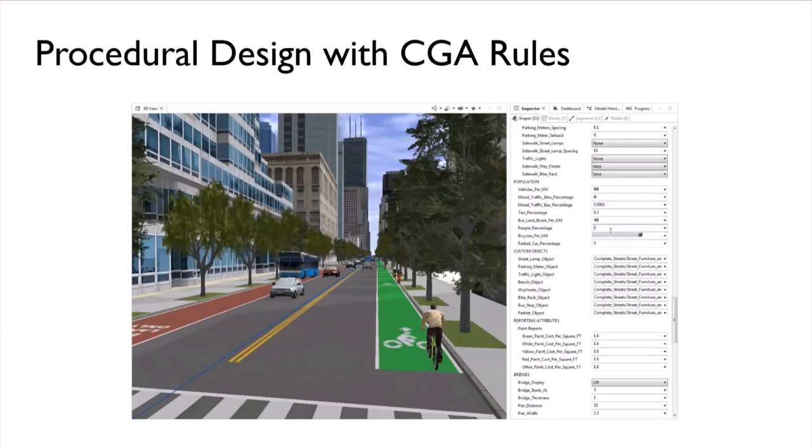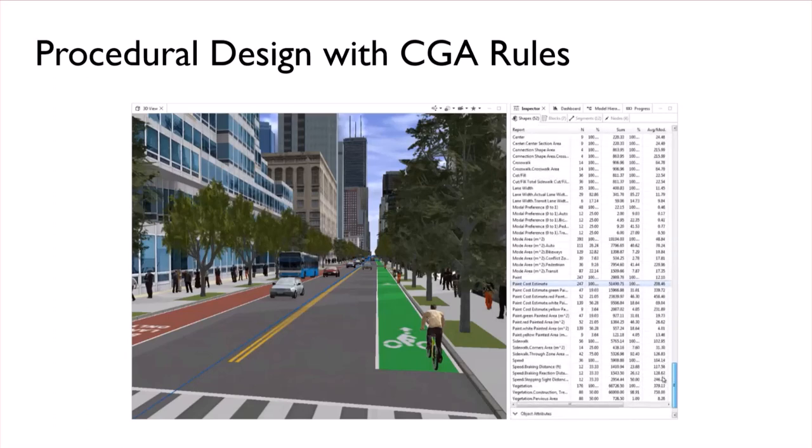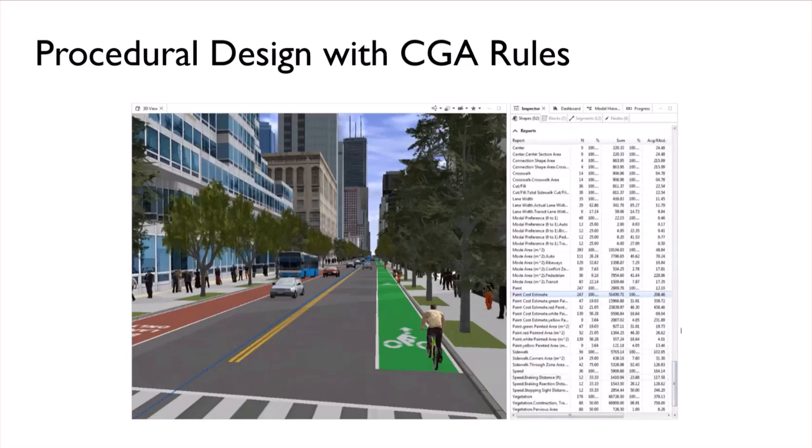And once our model is completed and we've created a really nice visualization that we want to have as our final output, as I mentioned before, there's always that data backend. And so you can see here that the visualization itself is one thing that you created, but the output has fed into a data system that is reporting all kinds of information about what you just created. So you can see all sorts of information about the amount of land that needs to be cut or filled